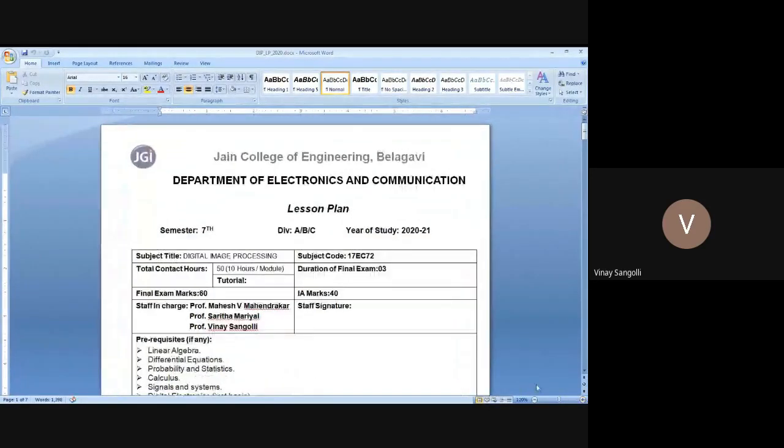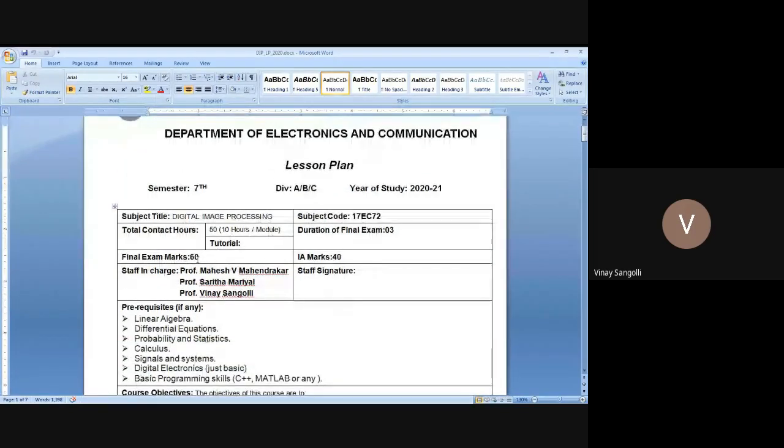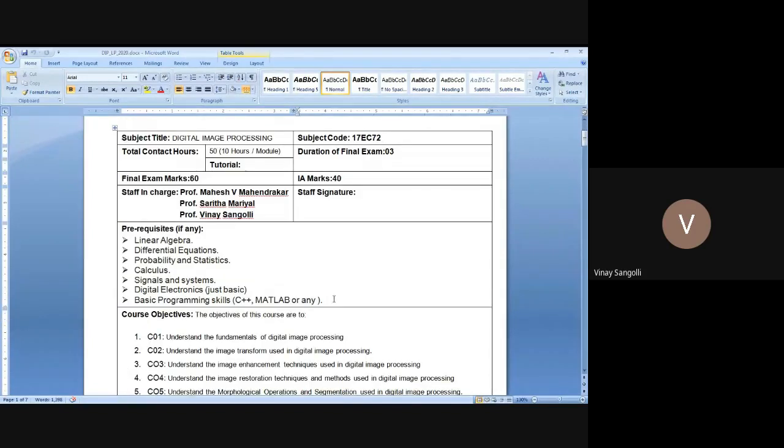As you all know, the marks are divided 60-40, something like this. You can see here, the final marks will be for 60 and your internals will be for 40 marks. We have divided it accordingly, and this is the same scheme which you have already seen in your 6th sem. Going forward, one very major thing we need here is to know some of the basics of your signals and systems, like you should know what sampling is and such things.